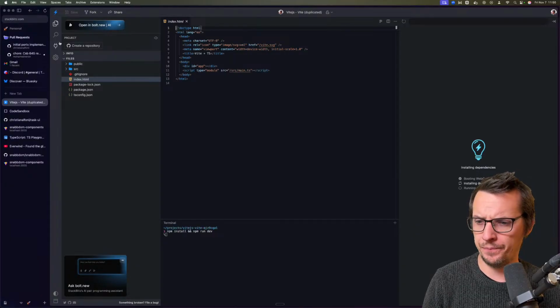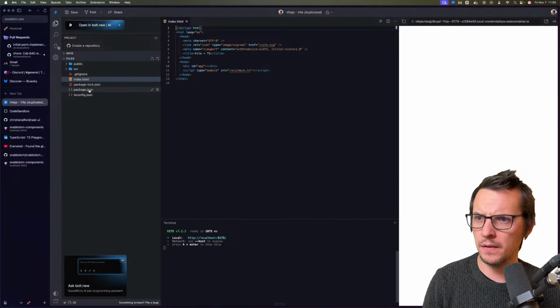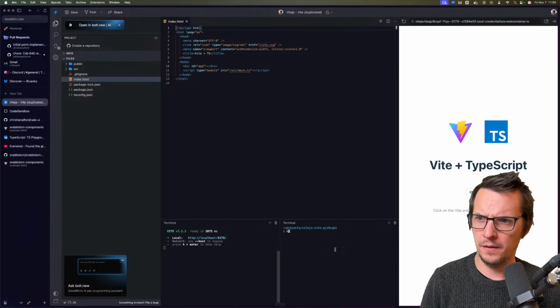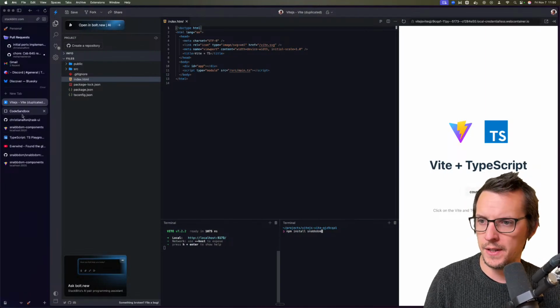How do I add dependencies? I guess I'll just npm install snapdom. Okay, so sorry. So the thing we're going to explore is that currently